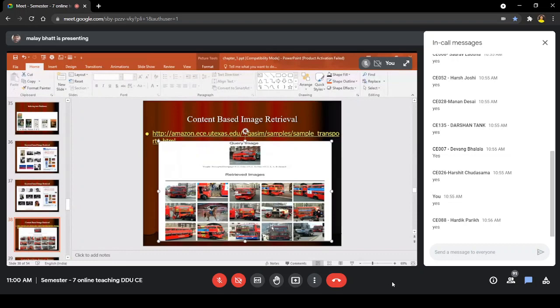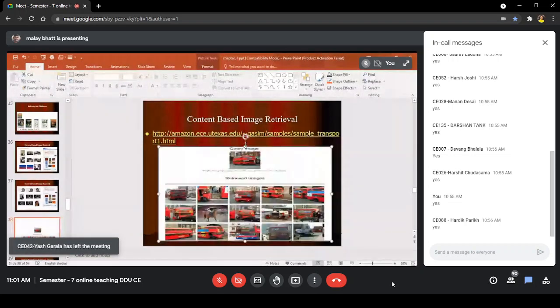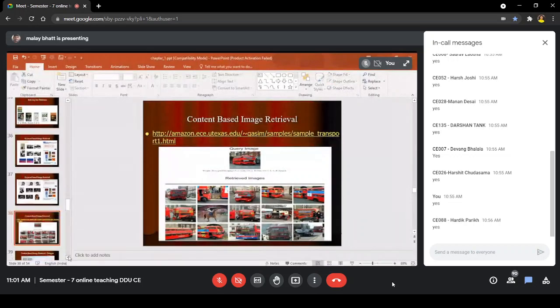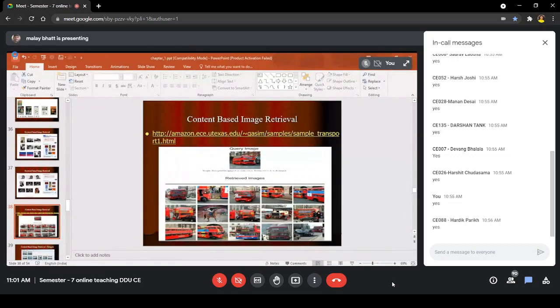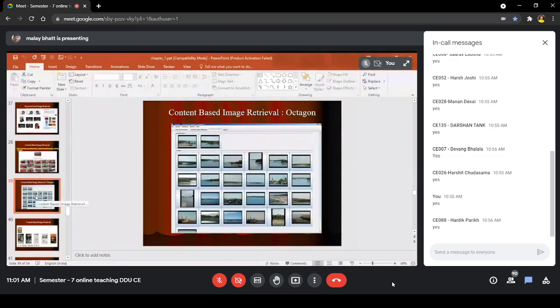Also you can see in the second row, fourth image, that it is also different. As you can see here, it is not a double-decker bus, but a tractor, where wheels are there with red color, a similar kind of look and feel. So it is retrieving it as a query image. So feature extraction is the key part in this. The more properly you extract the features, the more correct results it will give you. If your features are sharp, you can extract them very easily.